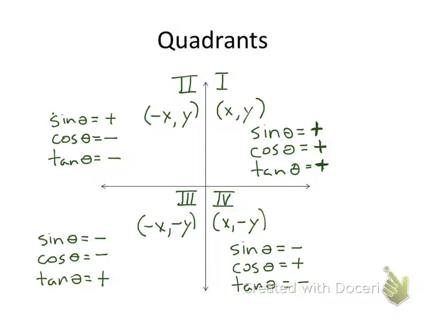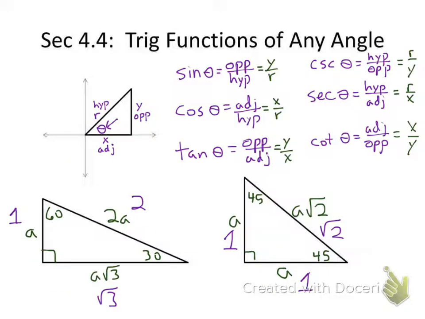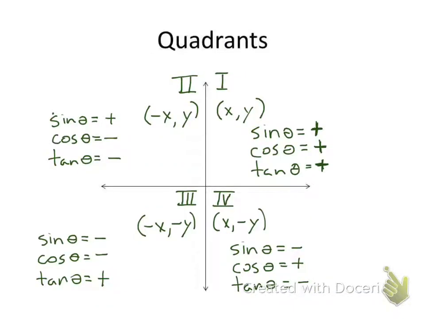So our quadrants are 1 through 4. And if we think of the x and y values in each quadrant, the x and y are positive in quadrant 1. In quadrant 2, we have a negative x and a positive y. Quadrant 3, they're both negative. And in quadrant 4, the x is positive and the y is negative. And we can take this idea, and going back to what we did with our sine, cosine, tangent ratios in relation to y, x, and r, we can start to see that sine, cosine, and tangent would always be